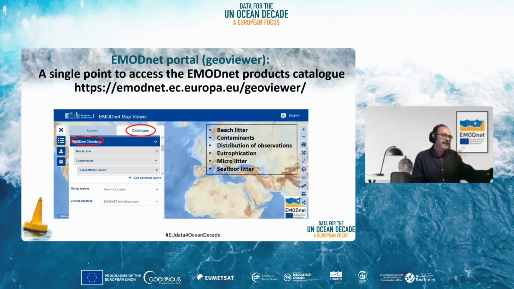Here, I just point to an example of the catalog, which can be represented in layers on a map, for EMODnet chemistry, where you have in situ data products on beach litter, contaminants, eutrophication, microlitter, seafloor litter, and the distribution of in situ observations. I just wanted to invite you to visit this link and to take a look at this full catalog of EMODnet data products.